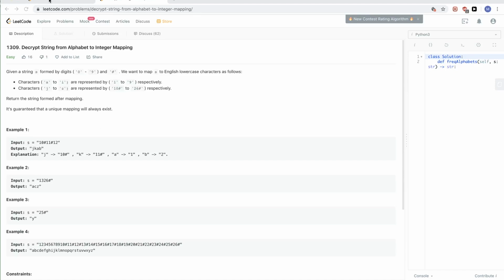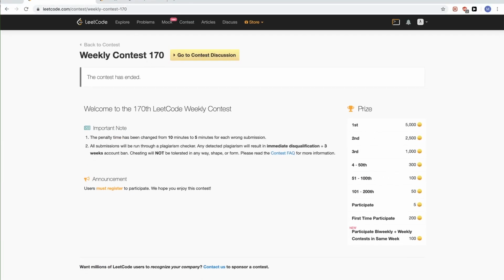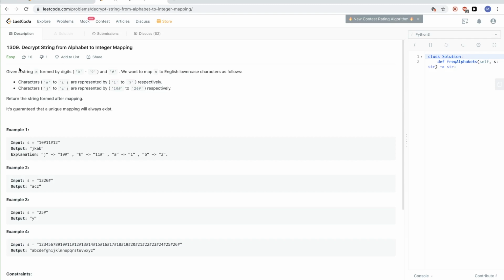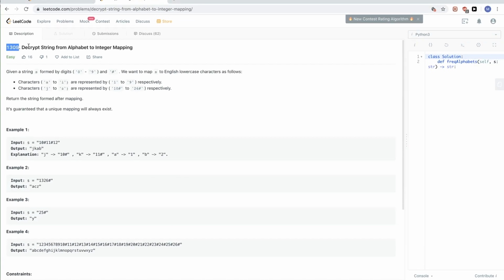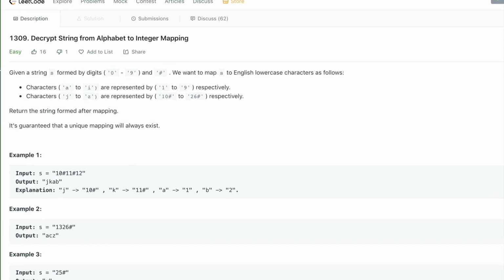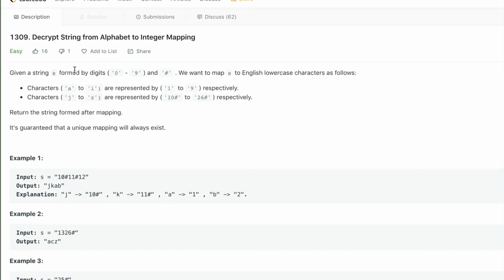Hello, so continuing on this LeetCode contest 117, we are doing the first problem, which is problem 1309, decrypt string from alphabet to integer mapping. The problem essentially says that we get a string S that is formed by digits that range from 0 to 9 and hashtag, and we want to map S to English lowercase characters in the following mapping, where A to I are